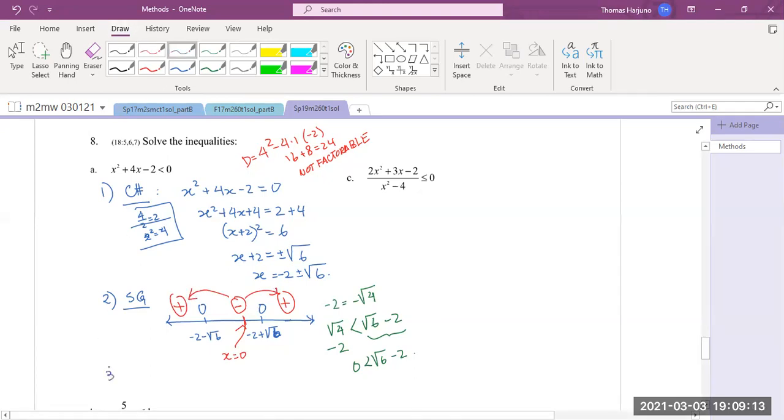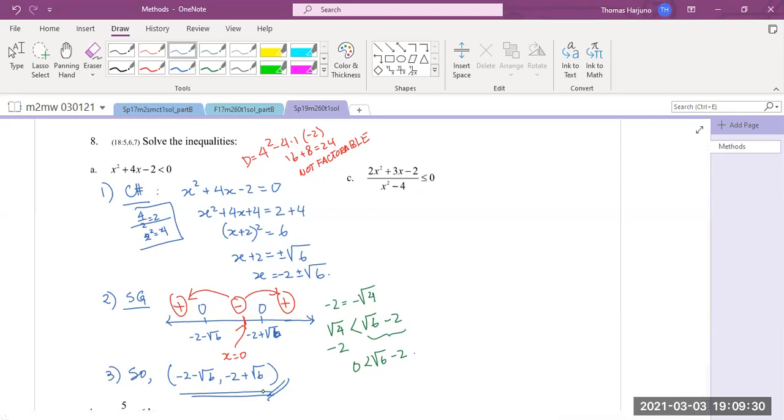And then, so I need less than or equal to 0. That will be negative 2 minus radical 6, comma, negative 2 plus radical 6. Okay,